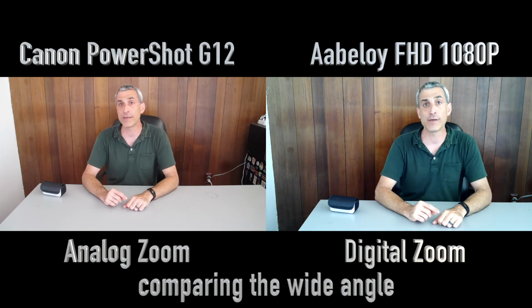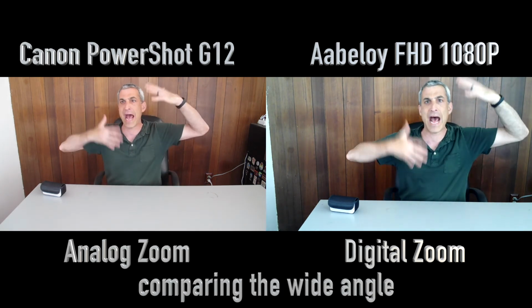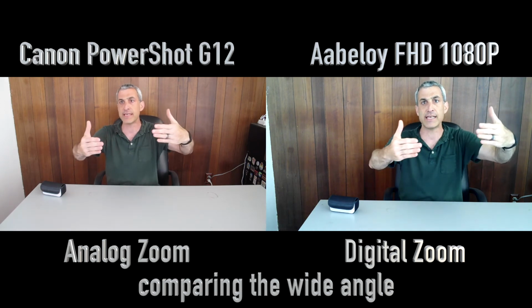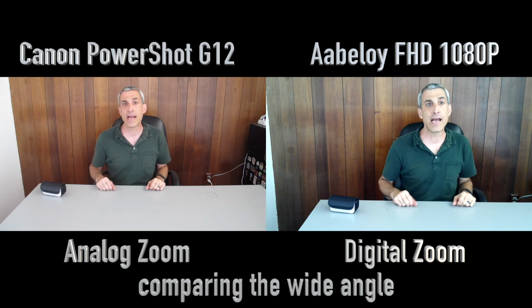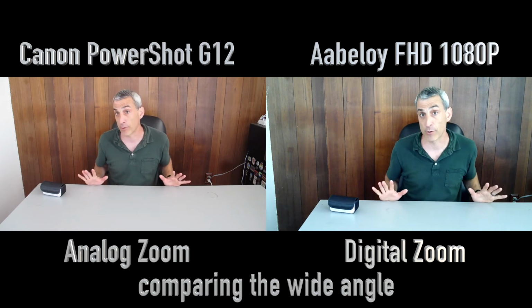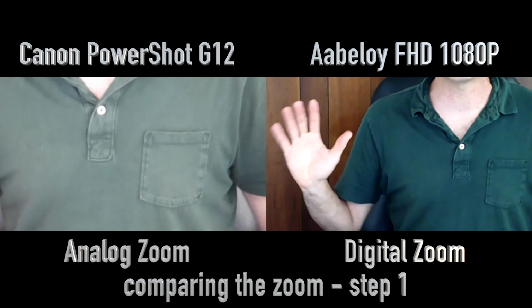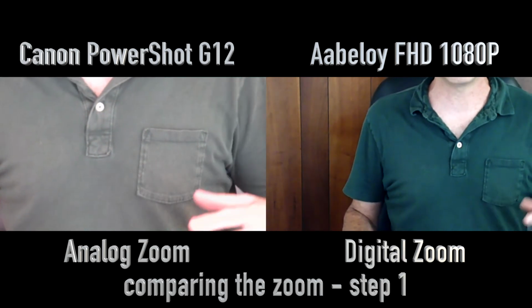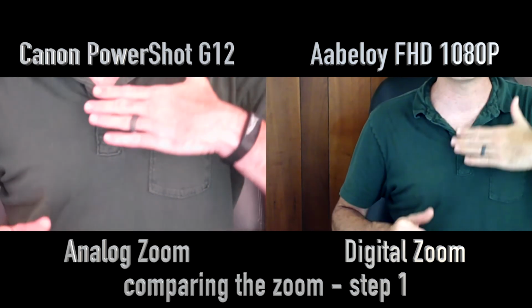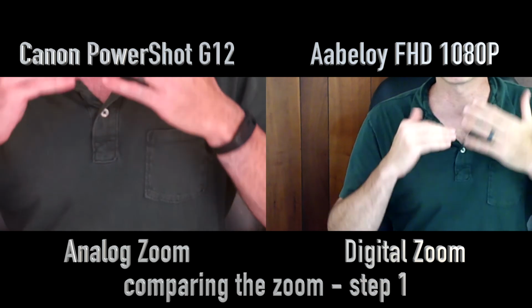So what I'm going to do now is I'm going to actually go to the cameras and zoom in all the way. So it's going to be past all this, but I want you to see the difference of the analog zoom on the Canon and the digital zoom on the Aabeloy. So give me 1 second and I'll zoom in. Okay, so I stopped here before zooming all the way in on the Aabeloy. As you see, the Canon is coming right up to my neck here, where the Aabeloy is stopping at the